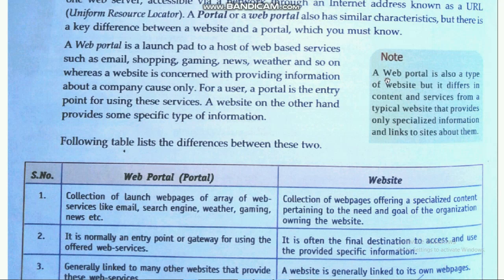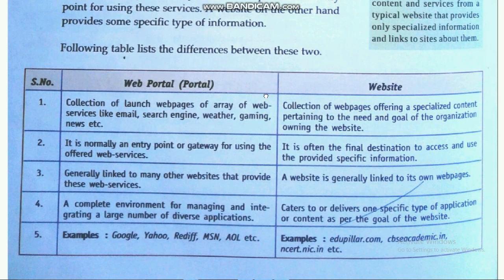So here's a note. A web portal is also a type of website, but it differs in content and services from a typical website that provides only specialized information and links to sites about them. This is the table which will clarify the difference between a web portal and a website. This is also important, and a question can come from here: mention at least 3 or 5 differences between